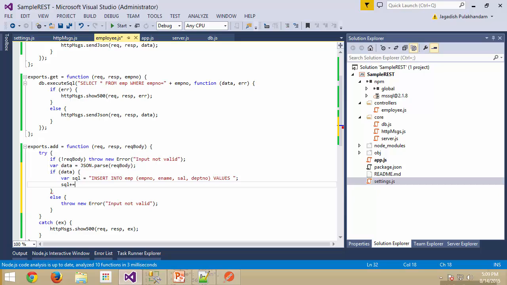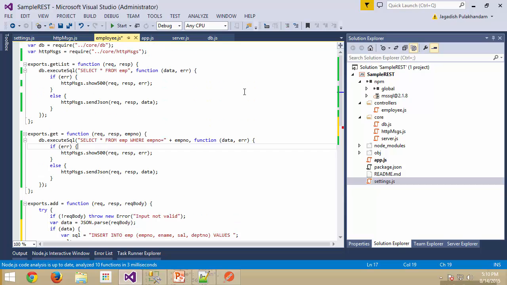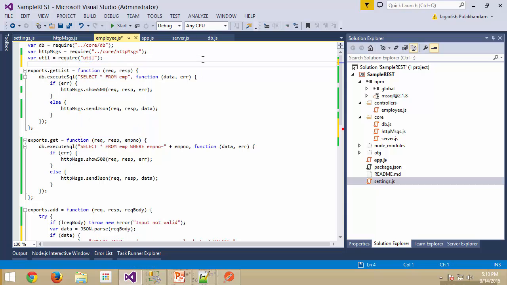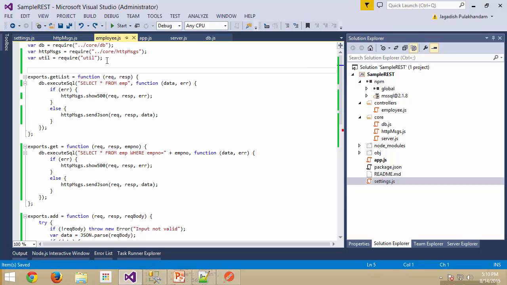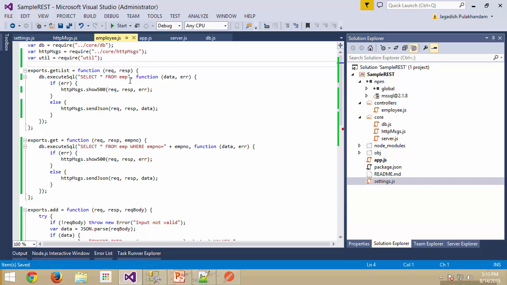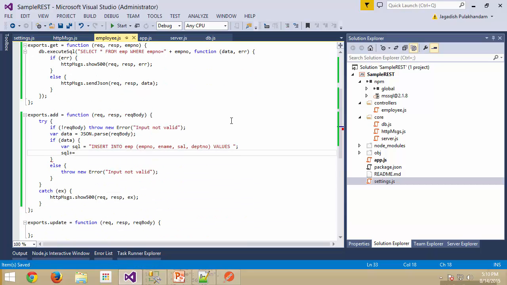So even though you can write it, I just wanted to make our life easier by using some utility. So I would like to have a simple utility to be developed, or say which is already in place for Node.js. So let me take care of that one. So I have something like util, require util. So this is a built-in package. Util is a built-in package which is already made available as part of node, and I can use this util to actually frame an easier statement. So this is similar to our printf kind of a deal. If you are familiar with C programming, you should be able to have printf, or if you are familiar with .NET, you should be having something like string.format. So similarly, I can say